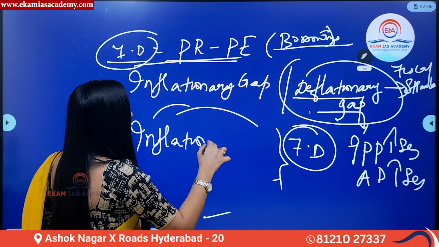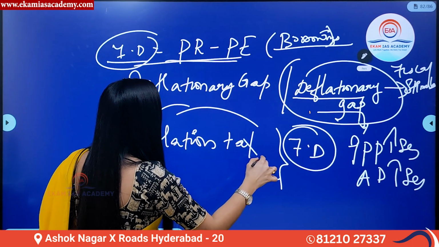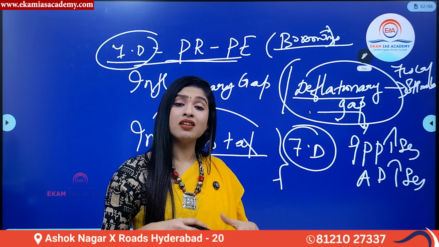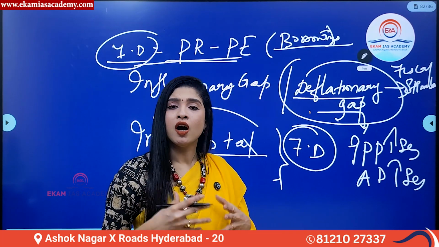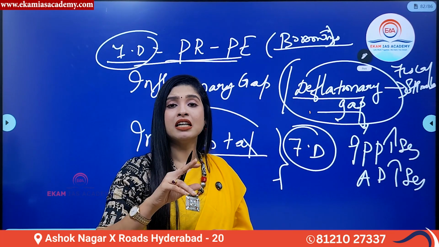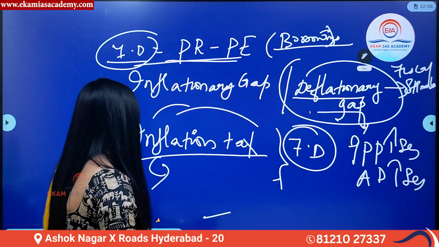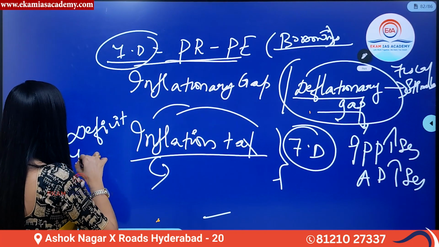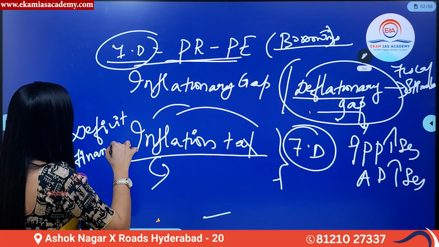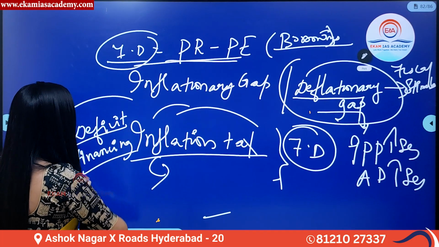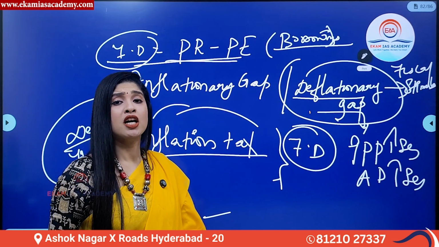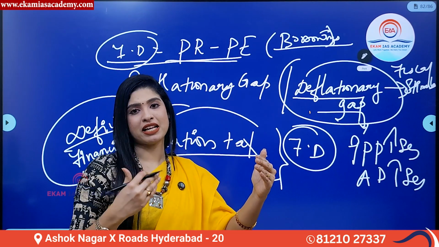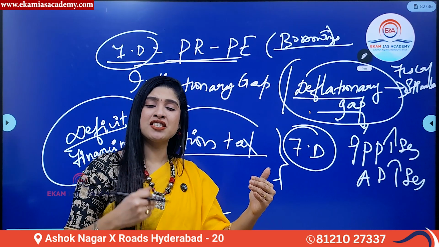Okay. Now, the government is increasing the money supply. How does the government increase money supply? Through borrowing, or when there is a limit for borrowing, what will the government do? They'll resort to deficit financing. What is deficit financing? In one of the previous videos, I have mentioned this concept. Basically, when there is a gap, you have to finance the gap. So deficit financing is not borrowing, rather the stage of borrowing has been exhausted. So now the next is deficit financing.